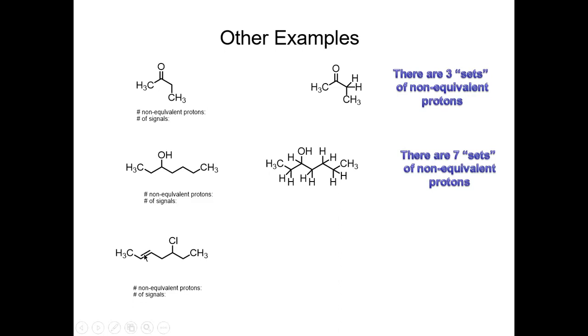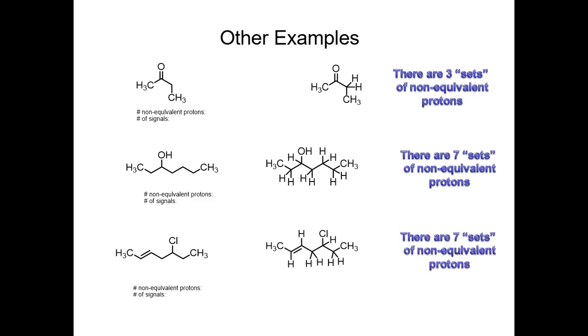So you've got a proton on each carbon in a double bond. Then you have a set of protons here, here, 1 here, 2 here, and 2 here. Right? So that also is going to give you 7 signals. So if you took an NMR of this compound, you would get 7 signals